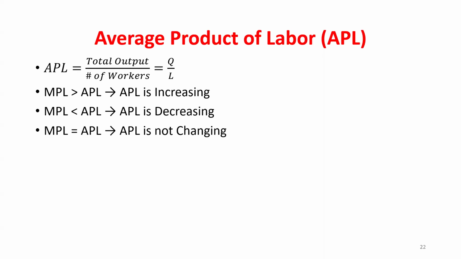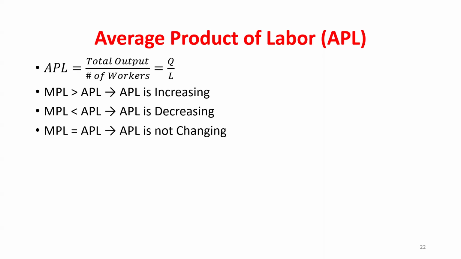Once I'm looking over here, anytime the marginal product of labor is below my average product of labor, what starts to happen to my average product of labor? It starts to now decrease, right? The amount I'm adding is below the old average. It's pulling my new average to be even lower. So this would be kind of like my marginal product and my average product of labor curve.